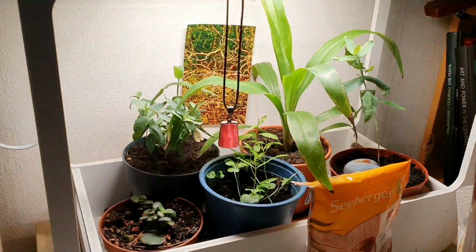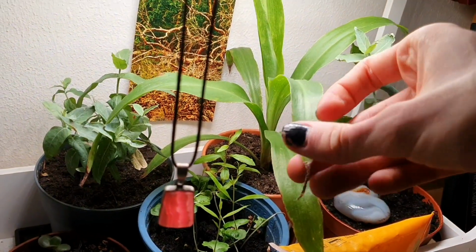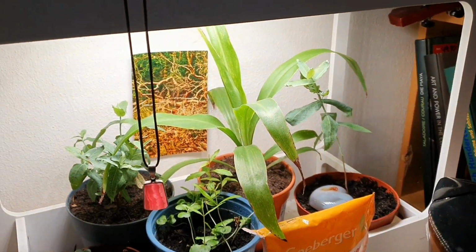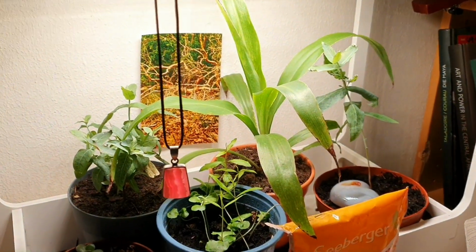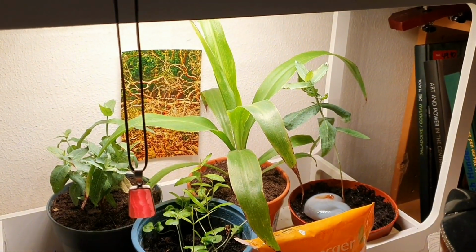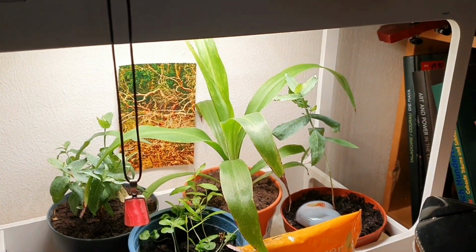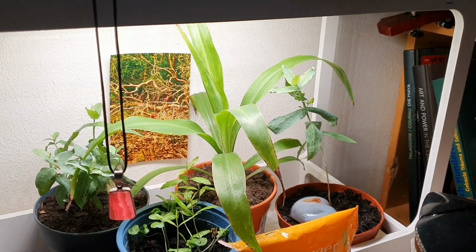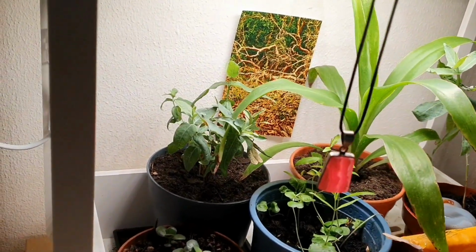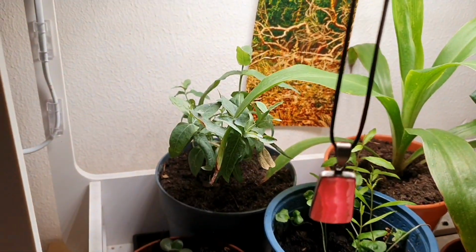This little grow light station is where I put this one. This is actually a spider plant, which I was not sure of before. I also found out why it's not variegated, because it was apparently grown from seed. There must have been a spider plant seed somewhere in my soil, and if they grow from seed, they lose variegation. So, mystery solved. I also, as I told you in the clip, I separated my eucalyptus plants, which I